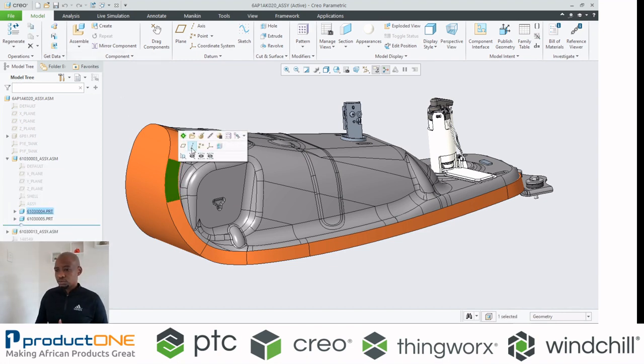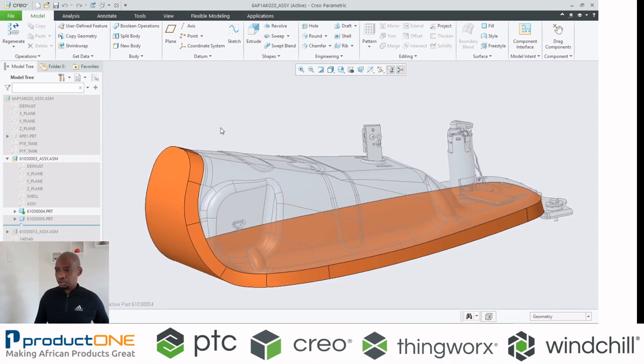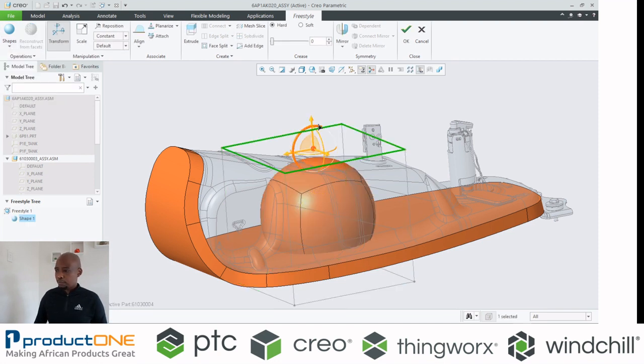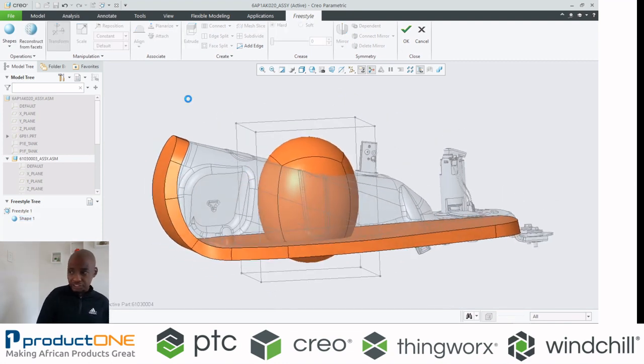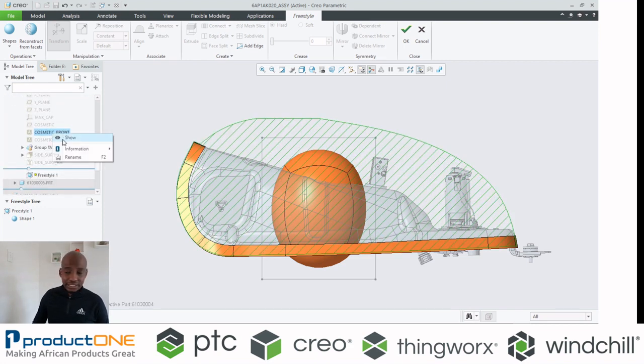So in terms of concept design, there's an array of things that we can actually utilize. But this demo specifically focuses on freestyle modeling, which is a subdivisional surface modeling that allows you to pick a primitive shape, and you can just manipulate that primitive shape by simply dragging and dropping faces. So you can also utilize what we call cosmetic sketches as a guide.